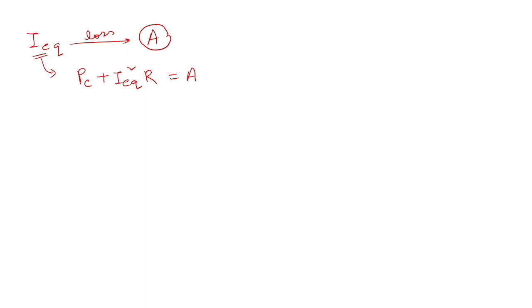Equivalent current, that is IEQ, that will produce the same loss, which will be equal to A. Now the IEQ current will produce a loss of PC, which will remain the same, plus IEQ square R, which must be equal to A. Or you can say PC plus IEQ square R. A is from the previous slide, PC plus